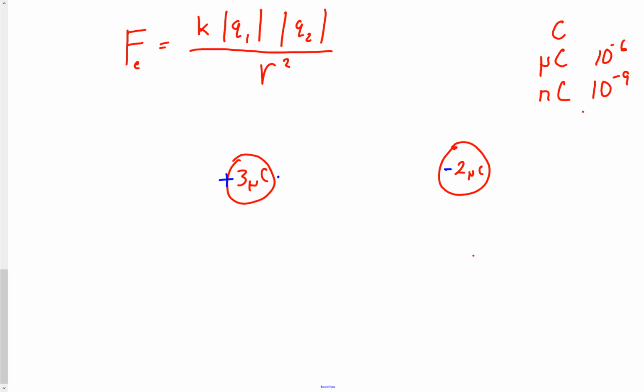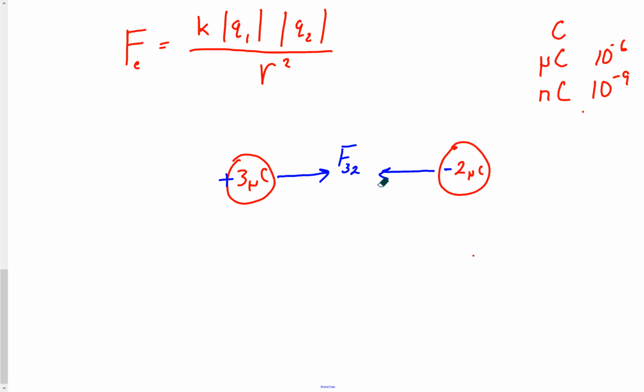All that tells us is that opposites attract, so it tells us direction. We'll call this force between 3 and 2. As you solve these problems, all you're going to do is use the charges to tell you the direction that